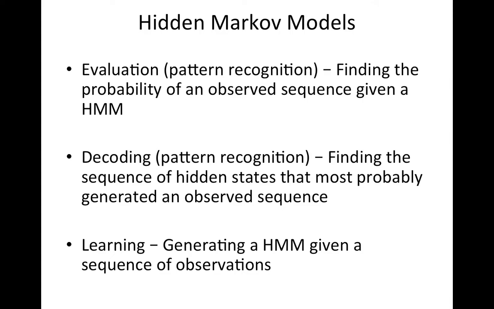Let's say that you are seeing a seaweed and it is damp. The days could be either sunny, cloudy, or rainy. But what is the probability of this sequence given a hidden Markov model? If you are observing a seaweed state is damp, what is the probability of having such